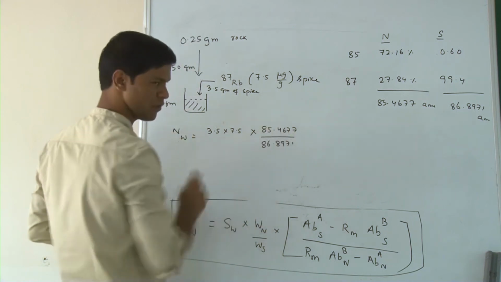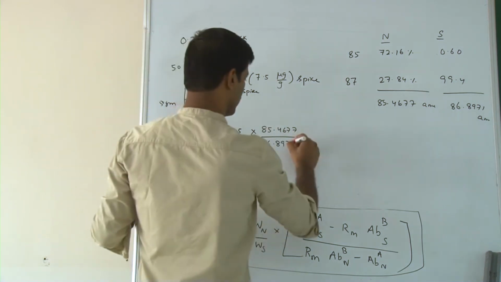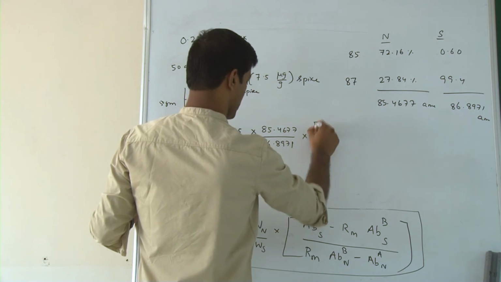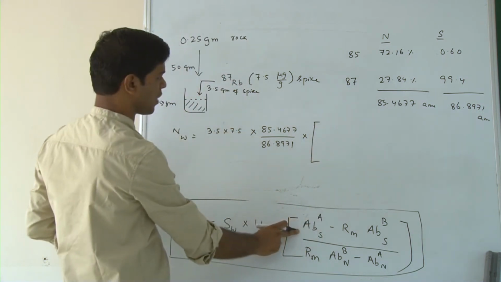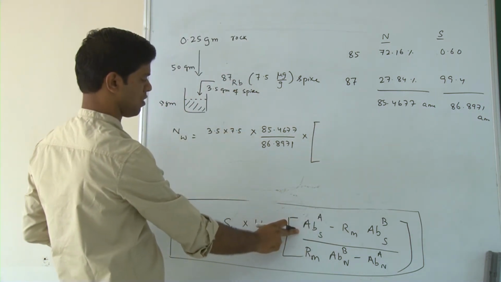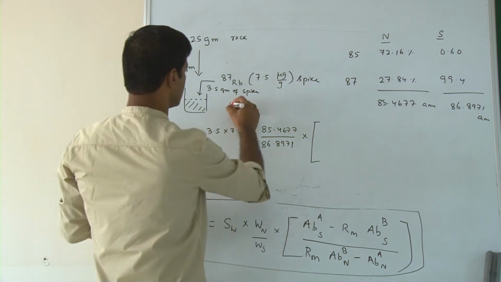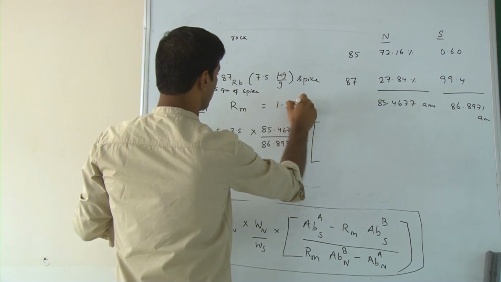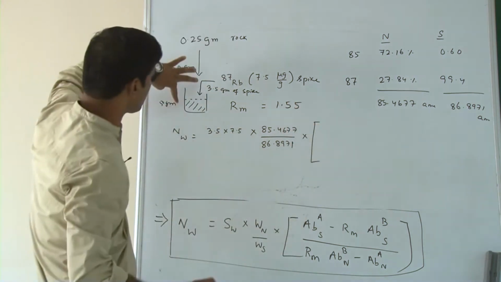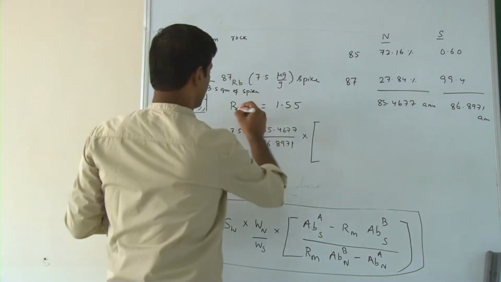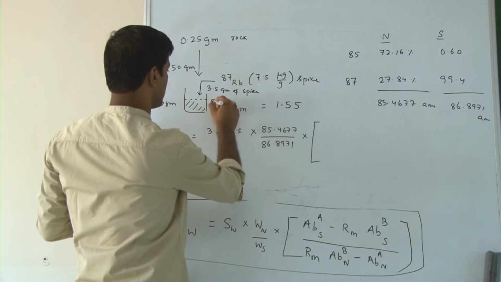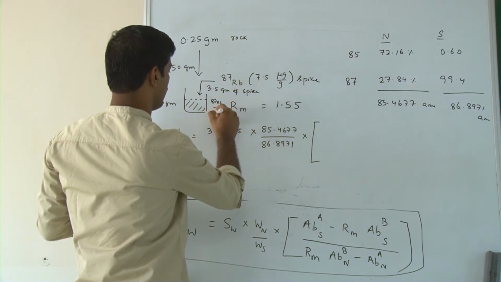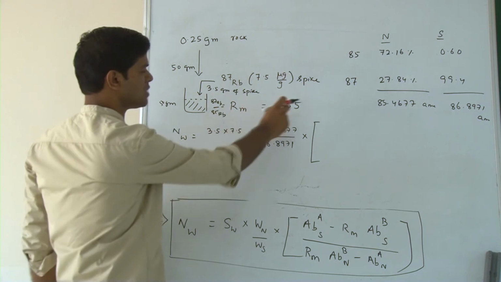These two are different, that is why you are taking two different terms, multiplied by abundance of A in S. Okay. So, when measured, this Rm was 1.55. The mixture of these two was measured, the ratio 87 rubidium by 85 rubidium,